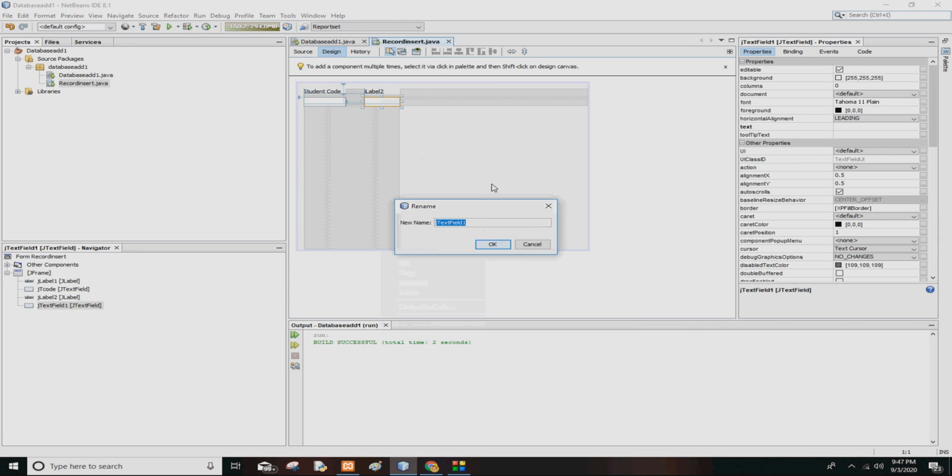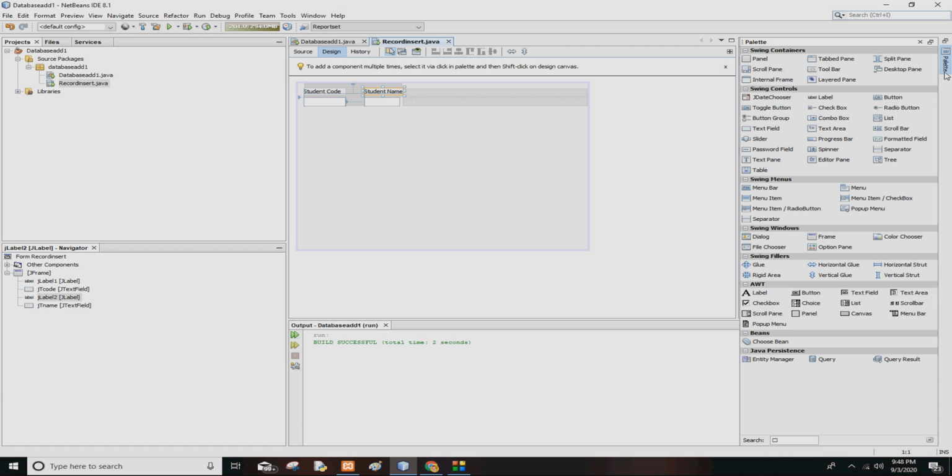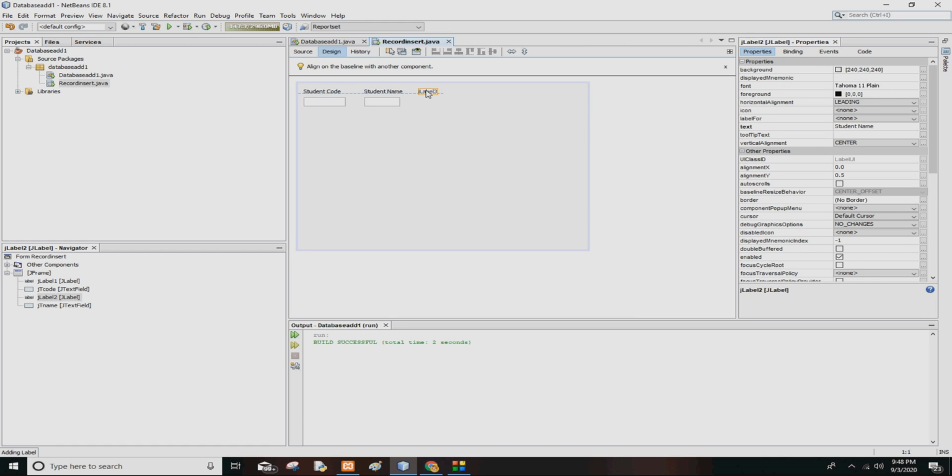Right click, change the variable name, and I will give it as name. Here at that time I didn't press enter. So edit text, student name.